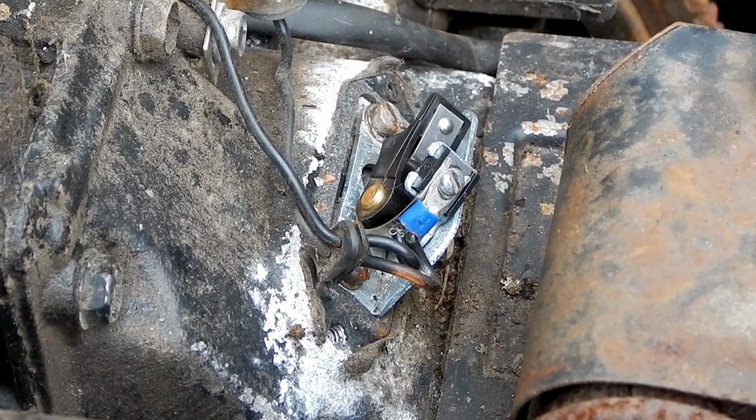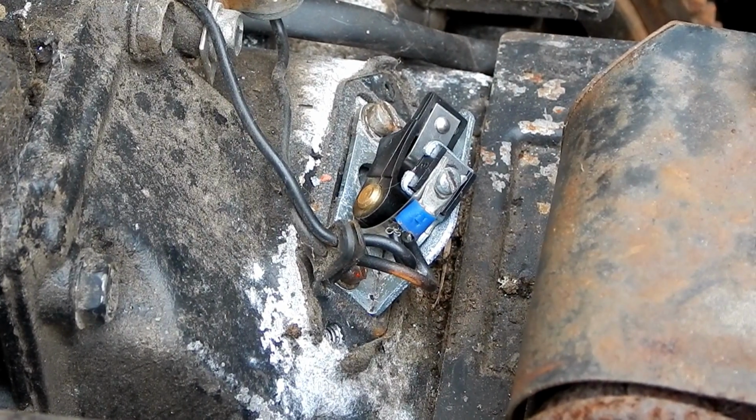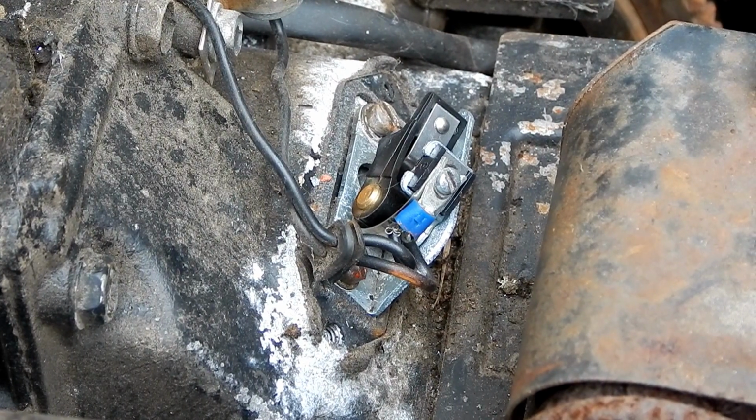The replacement engine, the engine that Kohler came out with after this one, I think it's called the